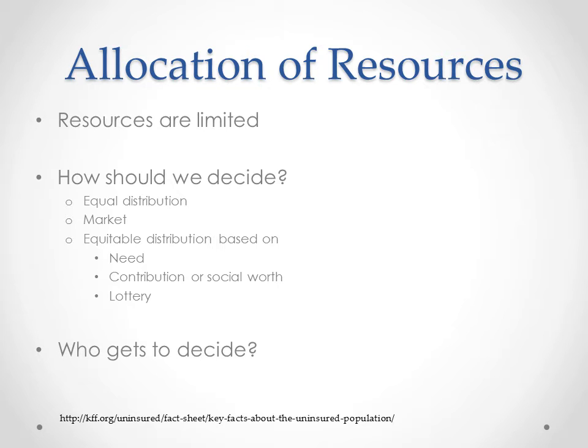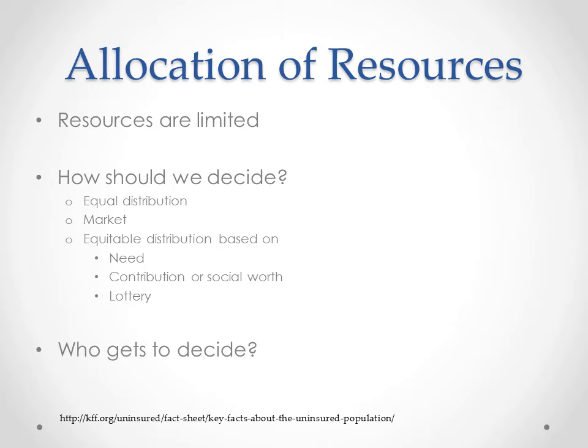Thinking about how to distribute healthcare as a resource, there are many ways in which you could slice it. Should it be market forces? Whoever can pay can get the care. This is how we organize many services in this country, and maybe healthcare should be one of them. Or should care be distributed equally, like everyone gets a set amount of money to spend on healthcare? This seems fair and might help certain populations, but the company CEO who makes over $1 million may not need it, while the poor person may appreciate it, but it might not be sufficient to get the care that they need. Or should we attempt some other form of equitable distribution based on need, for example?